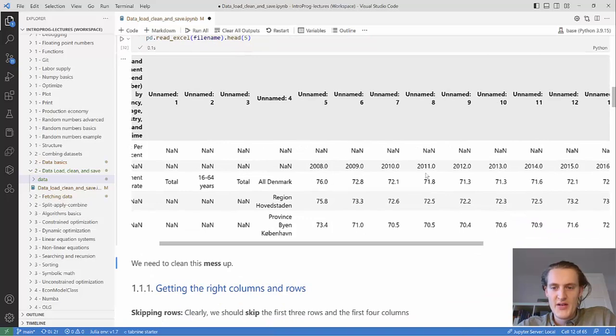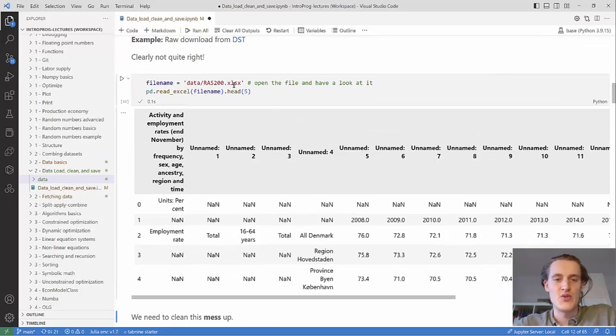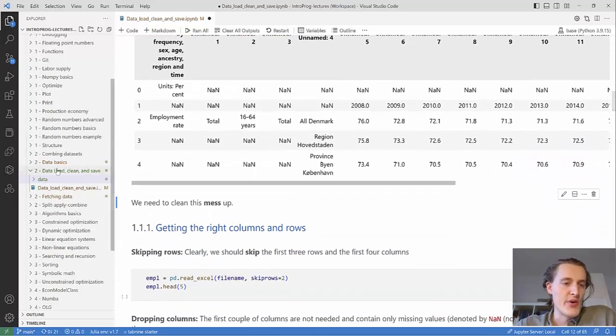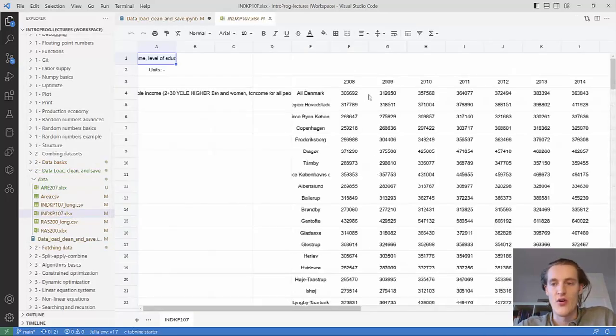So you have the years here in the second row, and a lot of NaN values, and it's messy, which is what happens when you read files. So we need to clean it up. It's messy, but it's also what the Excel file looks like. So if I find the Excel here, we can open it in VS Code. You can also open it normally,